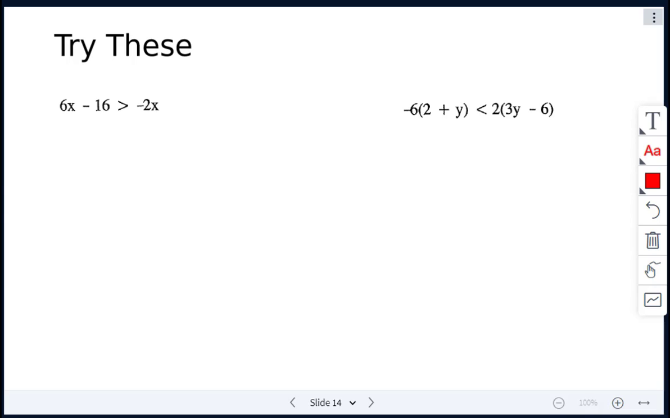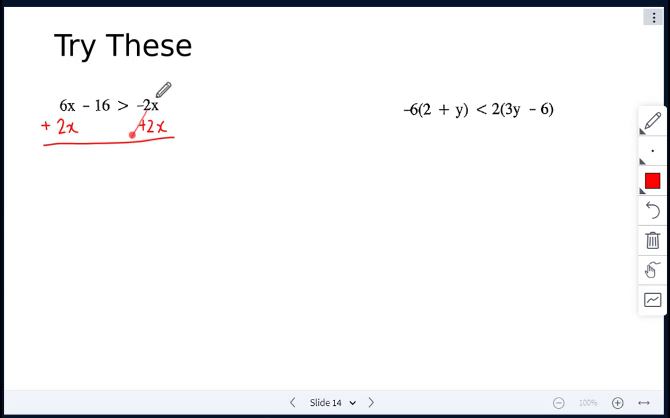All right, so our equation is 6x minus 16, and it's an inequality. We have 6x minus 16 is greater than negative 2x, and so we're going to go ahead and move the 2x over to the left side and then continue to solve for x. Because it's a negative 2x, I'm going to add 2x to both sides here,